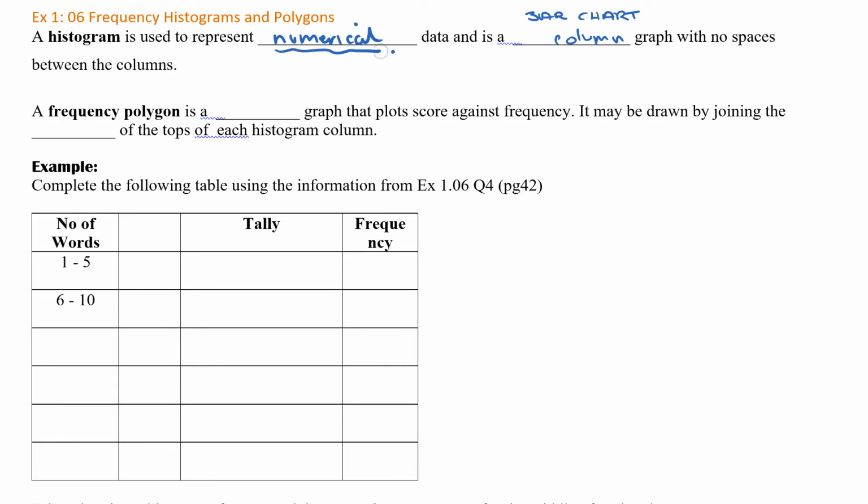And please be aware of that. It must not have spaces between the columns. Now remember when I spoke in the previous exercise about the column graph, and I said you could have spaces if you liked, and as long as you keep the space width exactly the same between columns, that's all good. And then you saw in the Pareto graph there were no spaces between the columns. That's fine as well. However, with the histogram, you have no spaces between the columns,